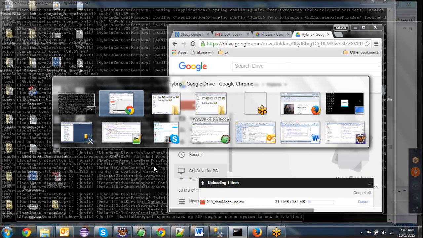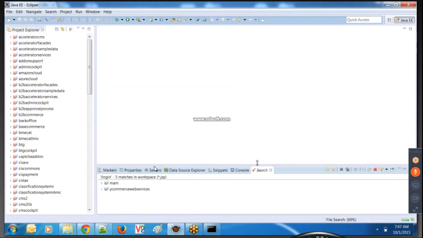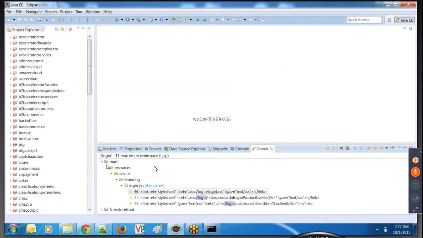Which extension? Storefront. We'll have to only search in the storefront. Open the storefront, then